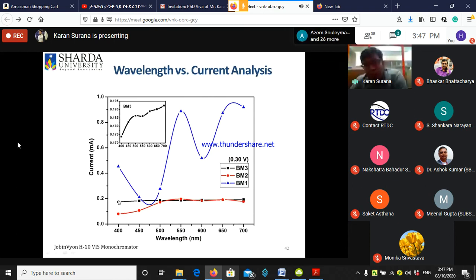In BM3, that is the quantum dot solar cell, we can see there is almost a straight line. On expanding, we can see the current value is consistently increasing with the wavelength. And the first maxima obtained was at 500 nanometers, and from there it goes on. From here, we can easily identify that the QDSC has been able to capture a greater part of the spectrum, and because of this, there has been an increase in the cell parameters.